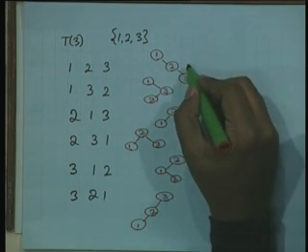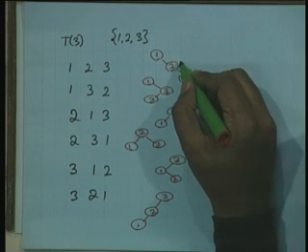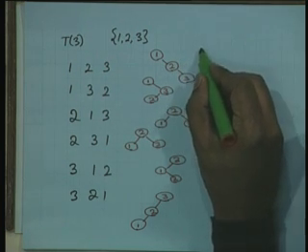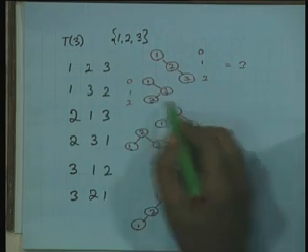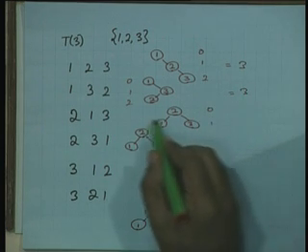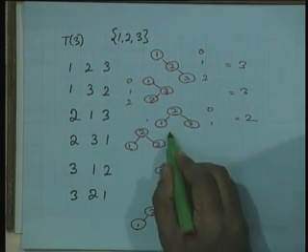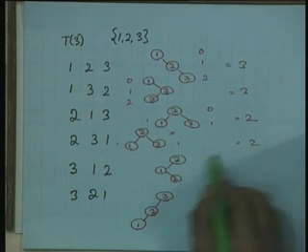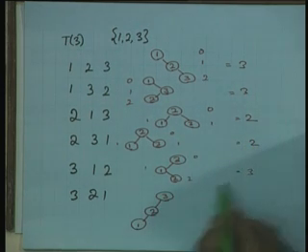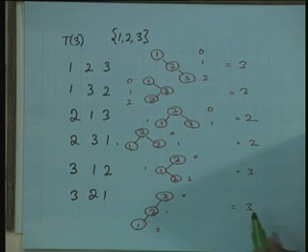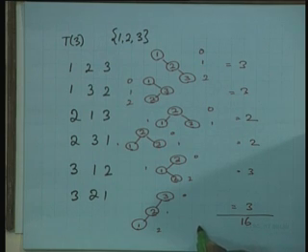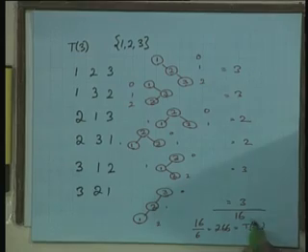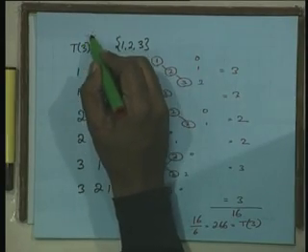What is the total time taken for insertion here? We recall we said that it is just the sum of the levels of the nodes. So, the levels of the nodes are 0, 1, 2 and so the sum is 3. In this, the levels of the nodes are again 0, 1, 2. So, the sum is 3. Here it is 0, 1, 1, so the sum is 2. 0, 1, 1, sum 2. 0, 1, 2, sum 3. 0, 1, 2, sum 3. Total of 16. And so, the average over all is 16 over 6, which is 2.66, which is T of 3 then. So, we computed T of 3 as 2.66.